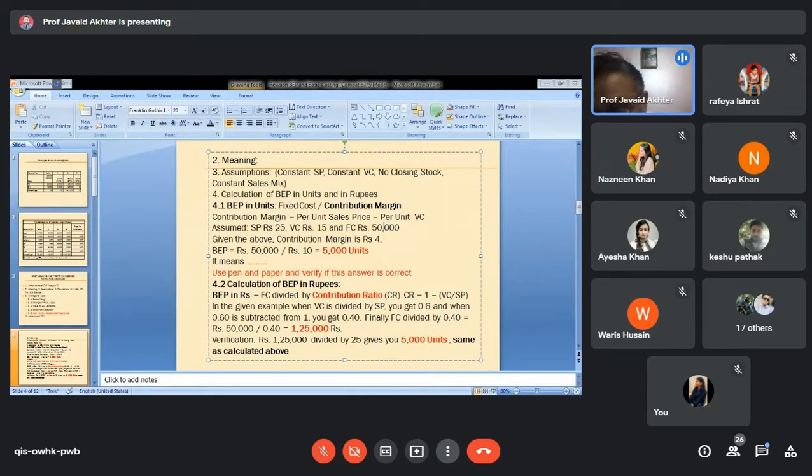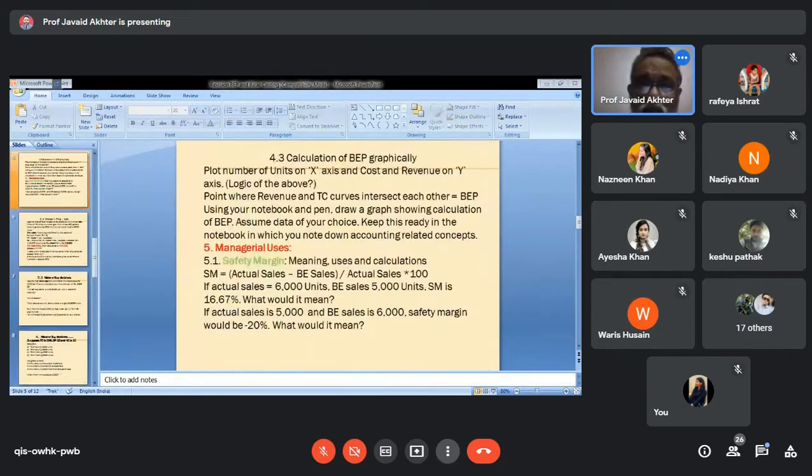If not, I'll explain to you the various managerial uses of break-even analysis. In what different situations break-even analysis helps management take decisions. So briefly, I'll explain 4 or 5 managerial uses. In the books, you will find several. I am explaining a few. Once we know how to find it out, with a little bit of effort, the rest can be done. But in case you face any problem, you ask me, I'll explain to you. So calculation of break-even graphically, I have left it to you.